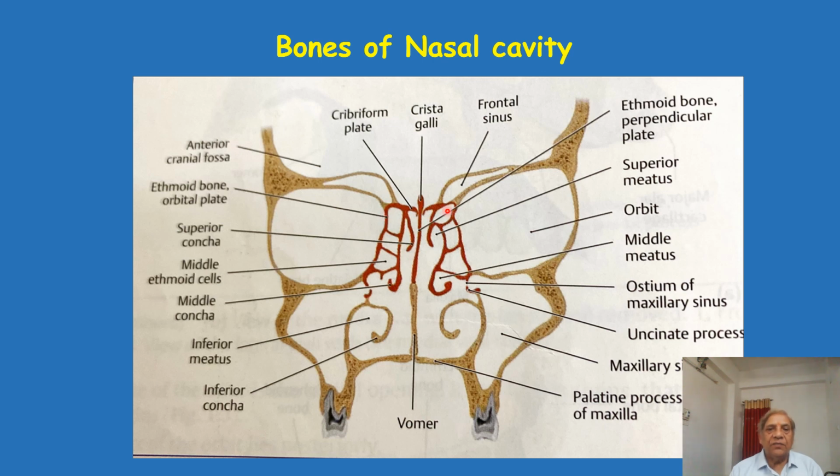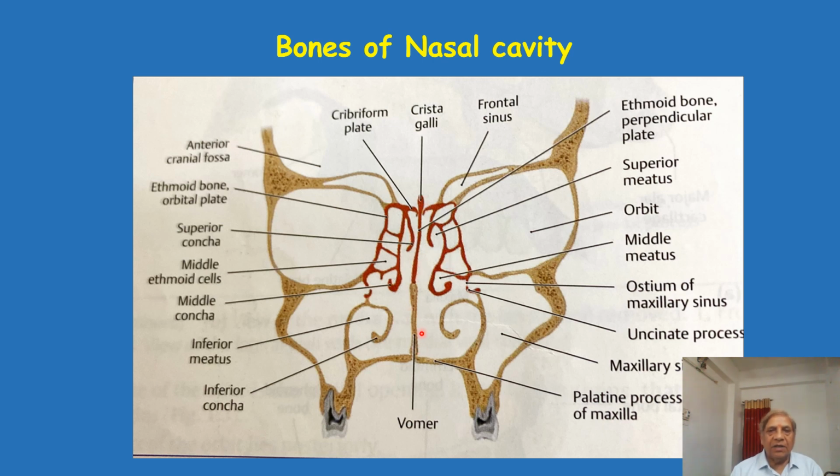This is the roof of the nasal cavity, which is formed by the cribriform plate of the ethmoid, and then this is the lateral boundary of the nasal cavity. This is the floor of the nasal cavity where the pointer is moving. Again, this is the lateral wall of the nasal cavity. You will see bony projections from the lateral wall projecting inside the right and left nasal cavity, because this cavity is divided into right and left sides by a bony